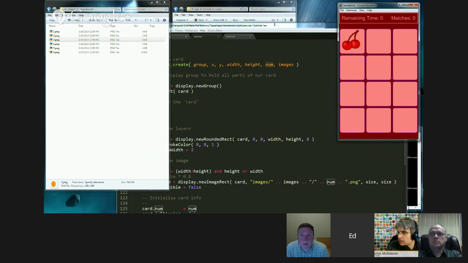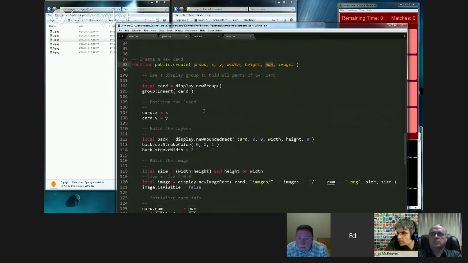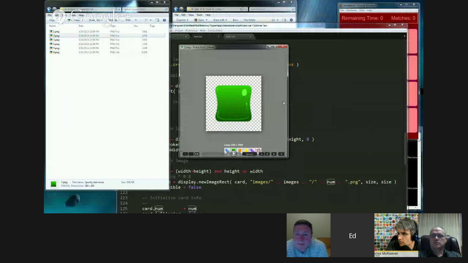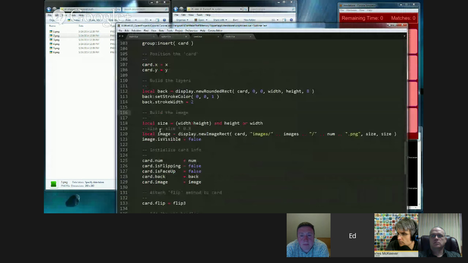Then we iterated over that table, and for every entry in the table, we did this in a previous episode, we call public create, and we pass the index that is at that point in the table. So entry 1 in our table, the value is 2, which means build card 2. So we build card 2, which draws this image here for the Corona Crush example artwork, and then down here in the code, after we have called display new image rec to draw the card,